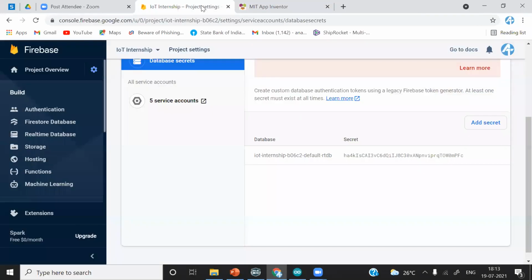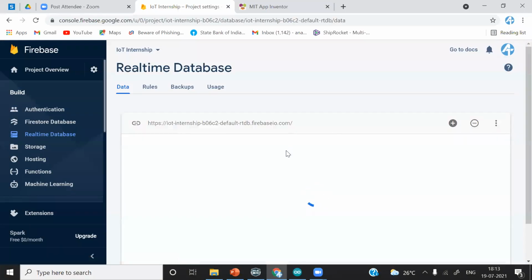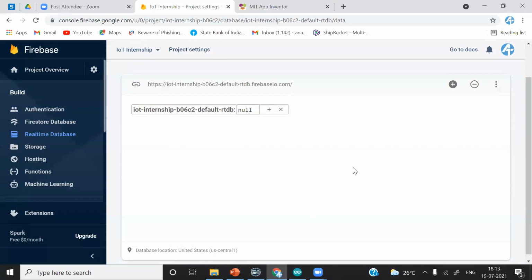Okay, let's open the real-time database. The first user input I will give as IoT. I will just give IoT and send data. You can see that this data has been updated on the real-time database.